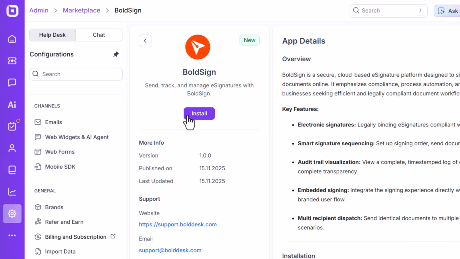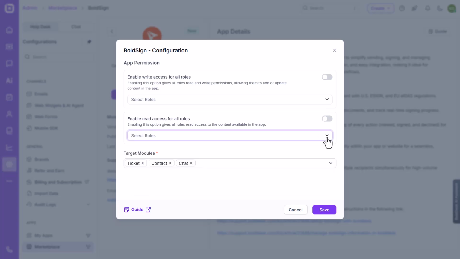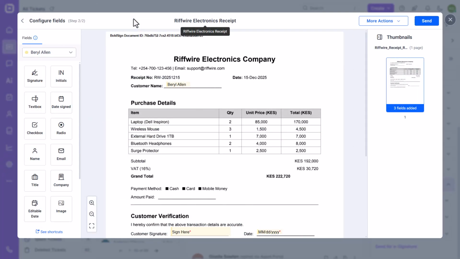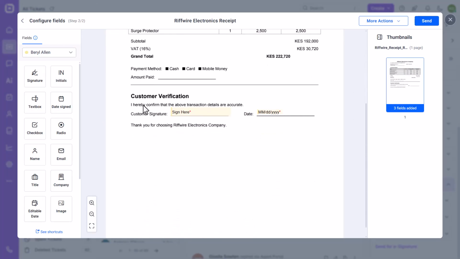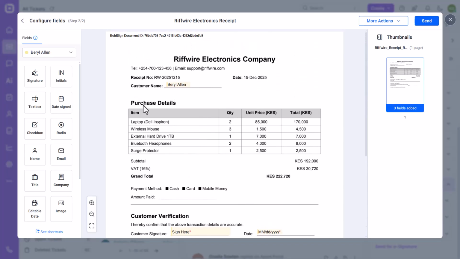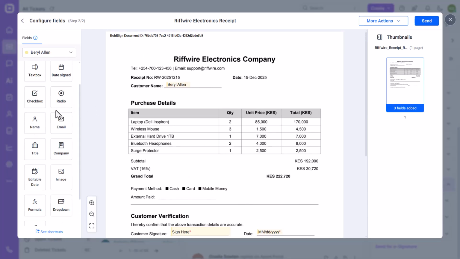For this demo, we'll install the app, configure it step by step, and then send and manage a sample document from a ticket. I will integrate BoldSign into my RiffWire electronics brand to get receipts signed by my customers within